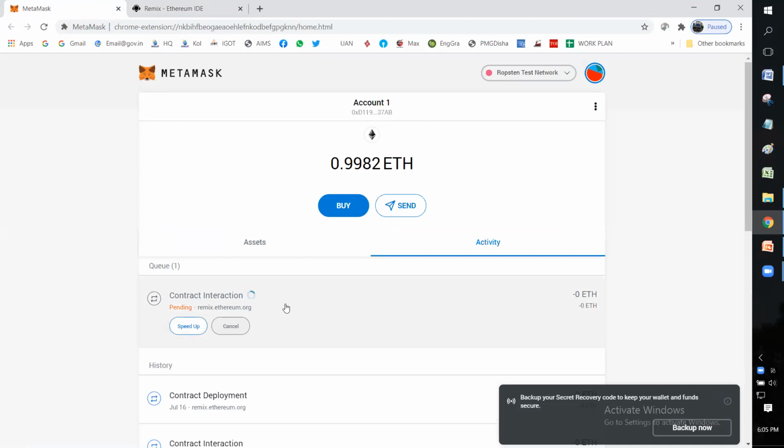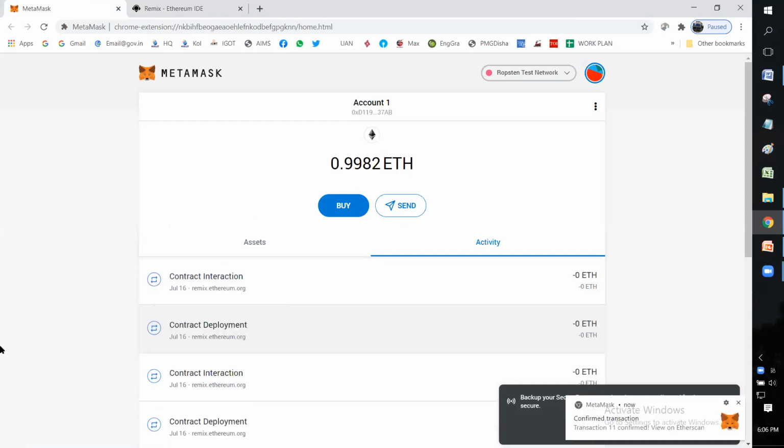Right now it is pending. Okay, so it is mined, successful.